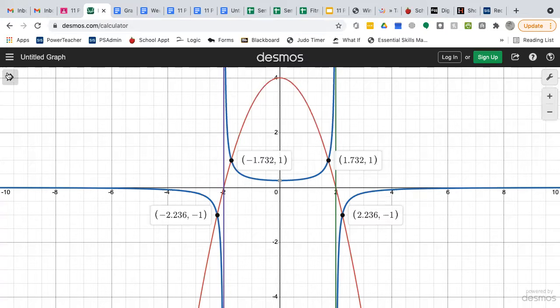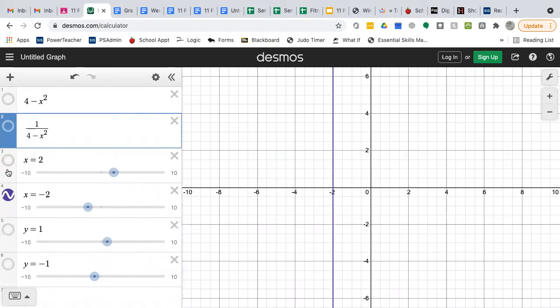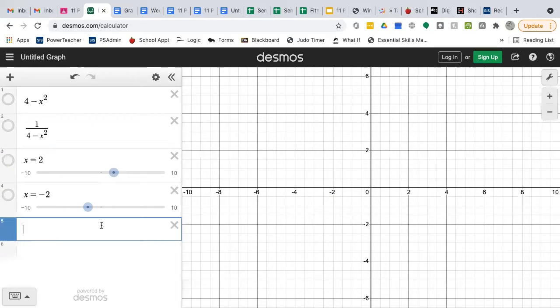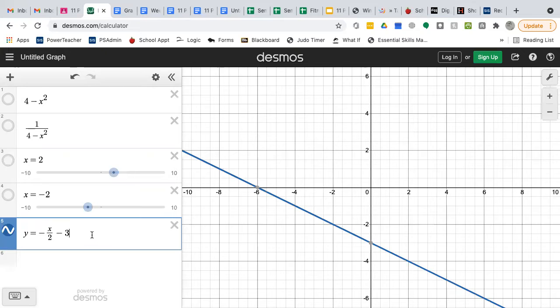Same idea. Now those are all quadratics. I won't delete those. I'll leave those in case you need me to highlight them again. But it's the same for just a straight line. Y equals negative x/2 minus 3 or something, whatever. Now, if we do the reciprocal of that,